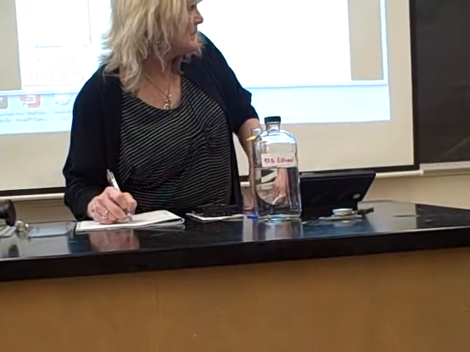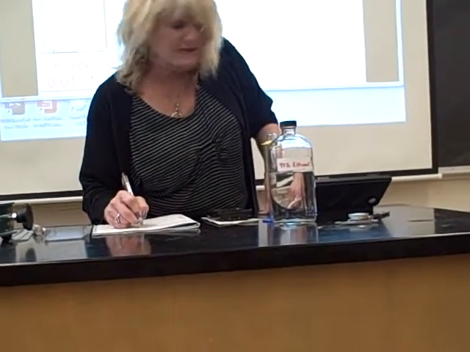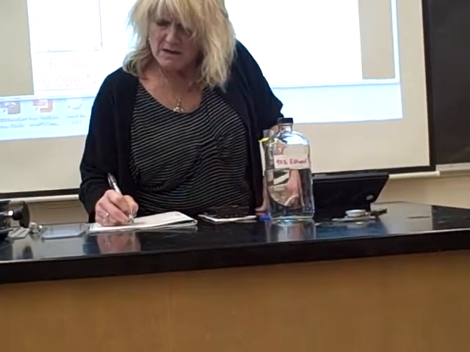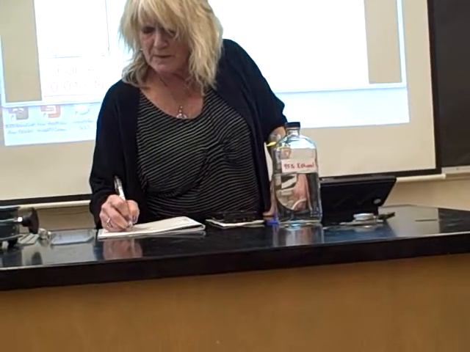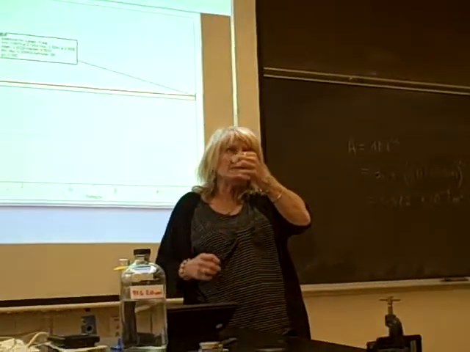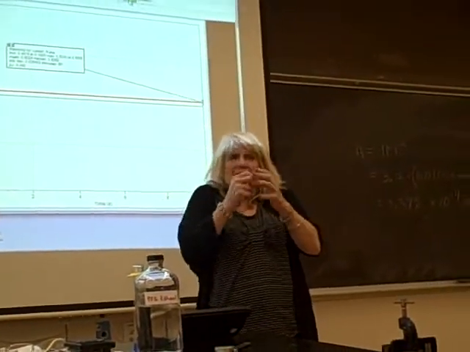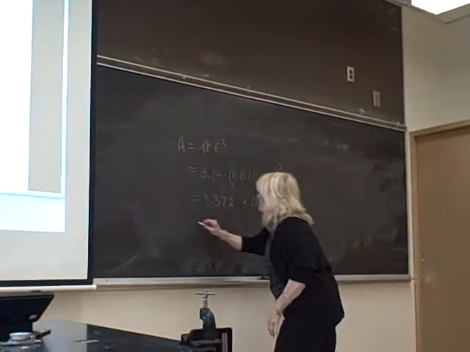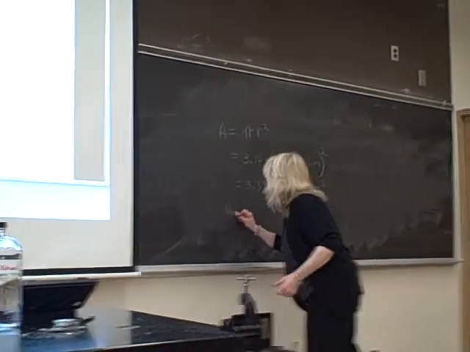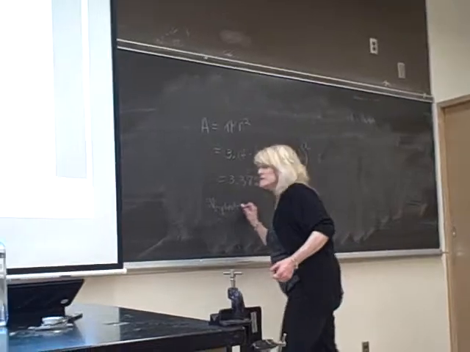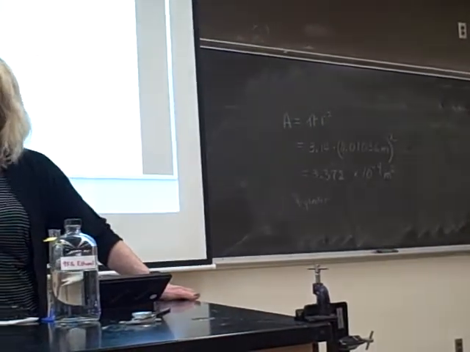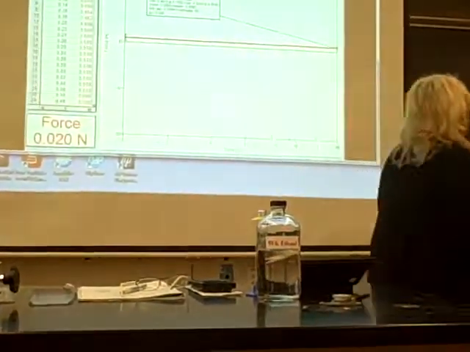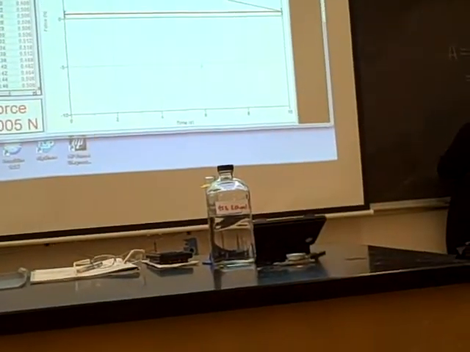Okay, now here's the deal. Do you know what the volume of a cylinder is? Do you remember how to find that? Did somebody teach you that sometime? Okay, so the way I always think about it is it's like stacking coins. So it's the area of the circle times the height of the cylinder. So the part for the volume of the cylinder, do I ask for the total volume of the cylinder, or do I just ask for submerged volume when the height's 0.01? So it's going to be